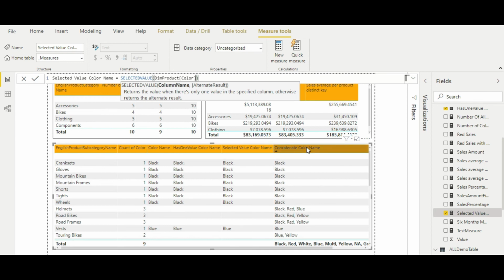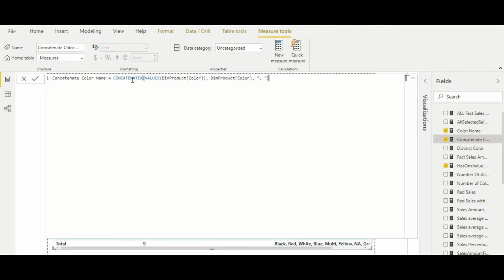Now coming to the last scenario, here you can see that I have used the concatenate x function, which is an iterative function. It will iterate over all the unique values of the product color, and combine them with a comma delimiter. First you pass the values, the column name from which you want to take the values, and then the delimiter using which you want to combine the values.